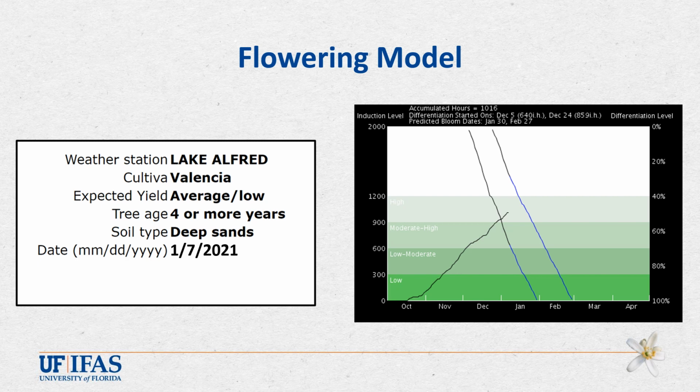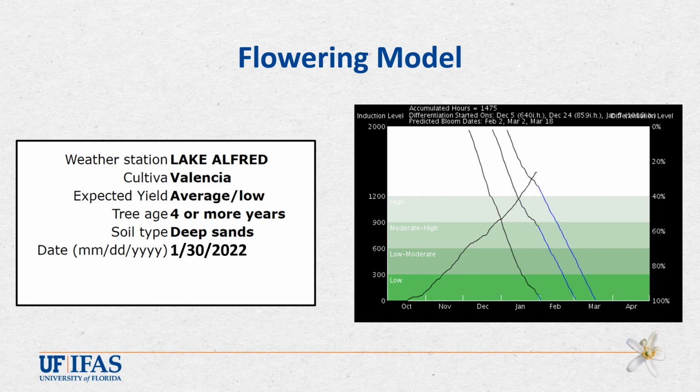Here we see another bloom prediction line has been added, suggesting we'll see 2 waves of flowering this year. The information at the top of the graph has also been updated to reflect the differentiation start date and predicted bloom date for the new flowering wave. You'll also notice the predicted bloom date for our first wave has changed as well, reflecting updated weather forecasts. Moving to January 15th, we're up to 1,150 induction hours. We see yet another bloom prediction line has been added, suggesting we will see 3 waves of flowering this year. The information at the top has again been updated.